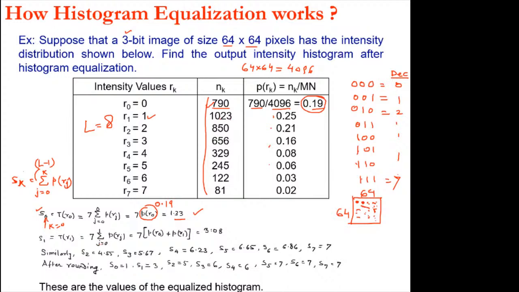S1 में क्या करेंगे, j will be from 0 to 1, j equal to 0 to k होता है ना, तो k आपका 1 हो गया, k is 1, तो that means PR0 plus PR1। अब summation में दो terms आ जाएंगी, देखो PR0 and PR1। PR0 0.19 है, PR1 0.25 है, ये PR2 है, and so on, ये PR7 है।